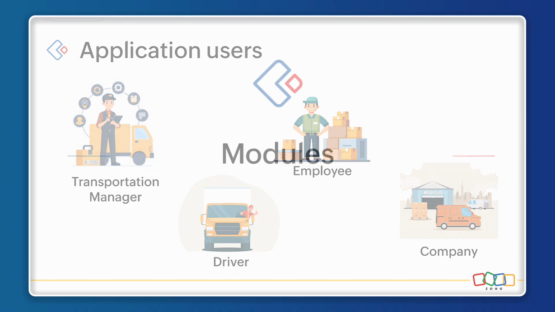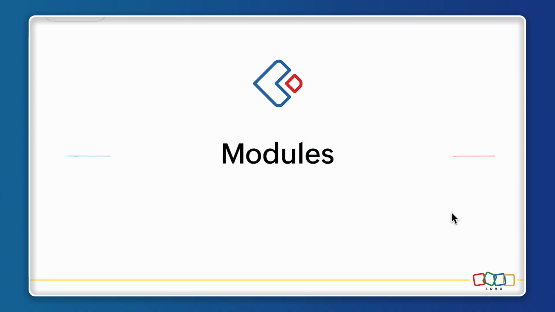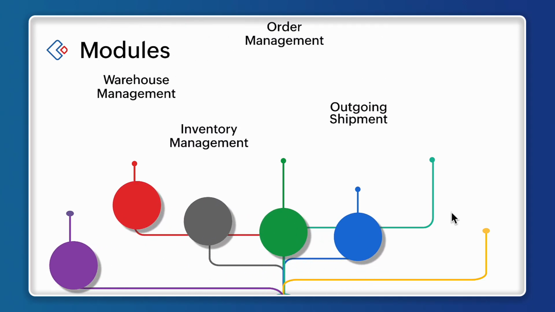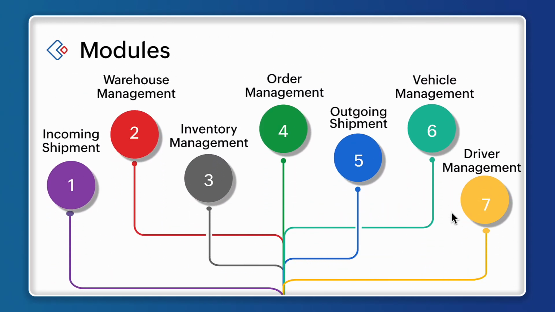Now moving on to the next, let us understand what all the modules are that we have in our application. Talking about the modules part, we have 7 different modules. Starting with incoming shipment. Incoming shipment is the place where the companies will be doing all the shipments to the warehouse, and then the warehouse management, where all the products will be maintained, and then we have the inventory management to keep track of